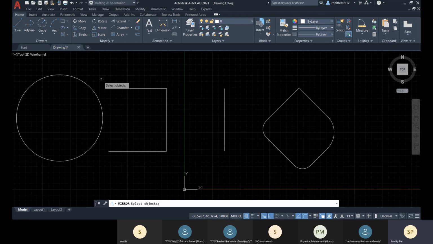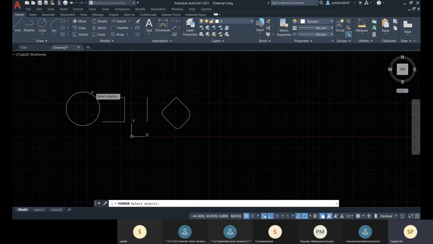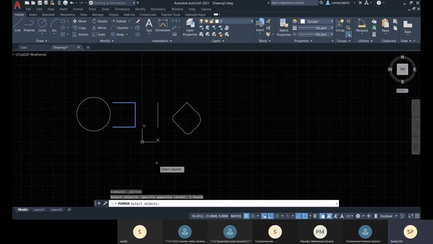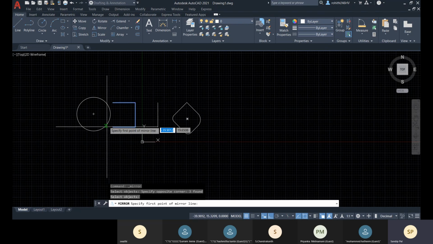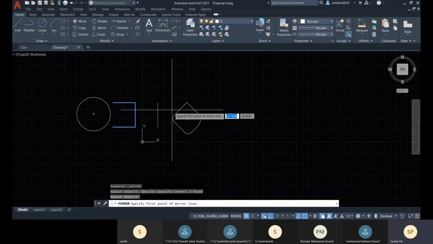So about going for mirror, you select the object, then you press enter or right click, and then you have to specify 2 points for your mirror axis. So the 2 point direction will define the mirror axis, and accordingly you will get your mirror effect.